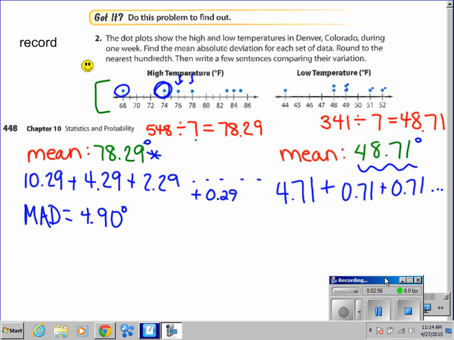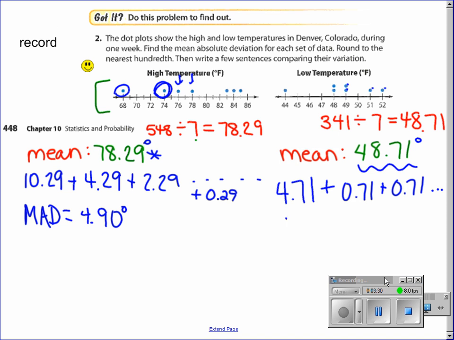Add them up, divide by 7, and what's the mean of all the deviations there? Did anyone get that one? Did you get it? With the math and the lows, I got 1.76. Oh, did you tell me the 4.9? Who told me the 4.9? Was that for your high? Oh, no, you were right for the high. And you're telling me you got 1.76 for the low? Yeah, so the second one that we're working on, 1.76 is correct. So your MAD